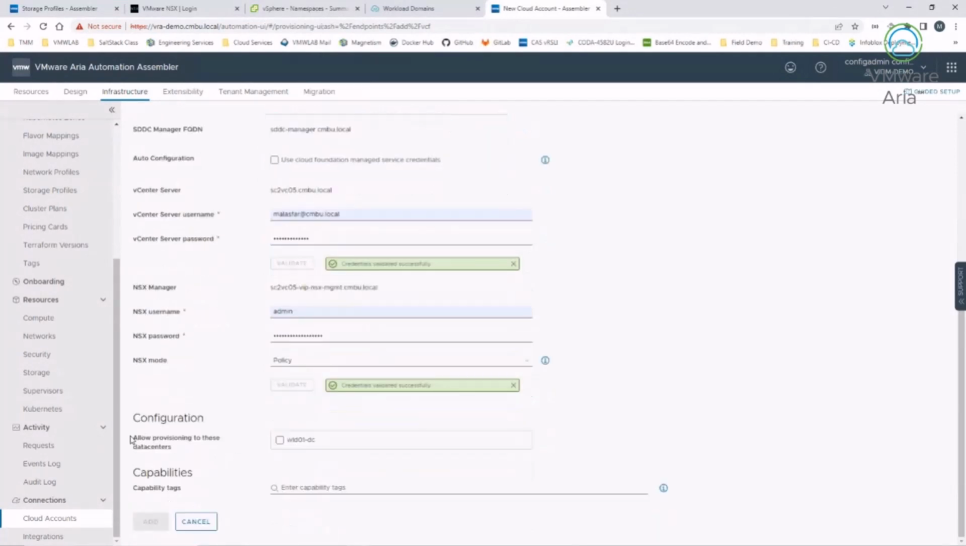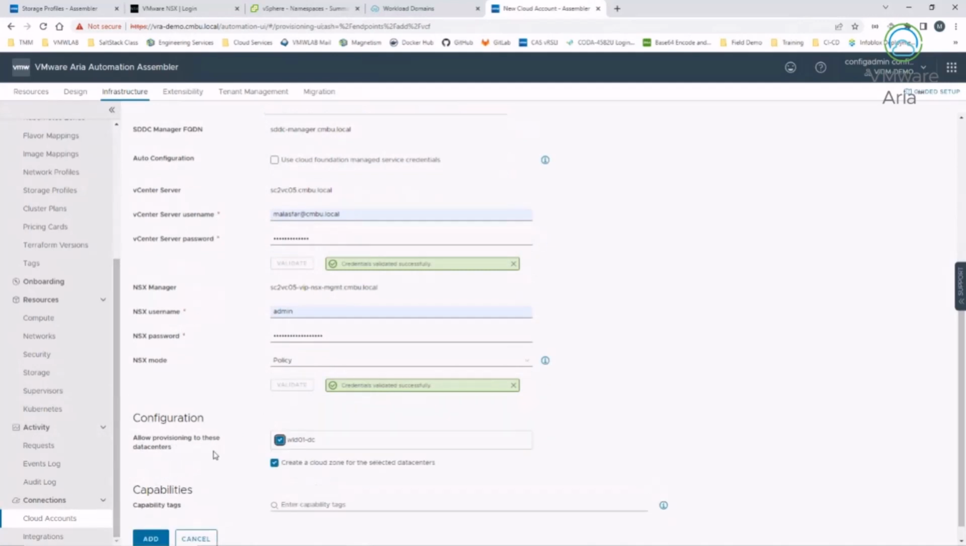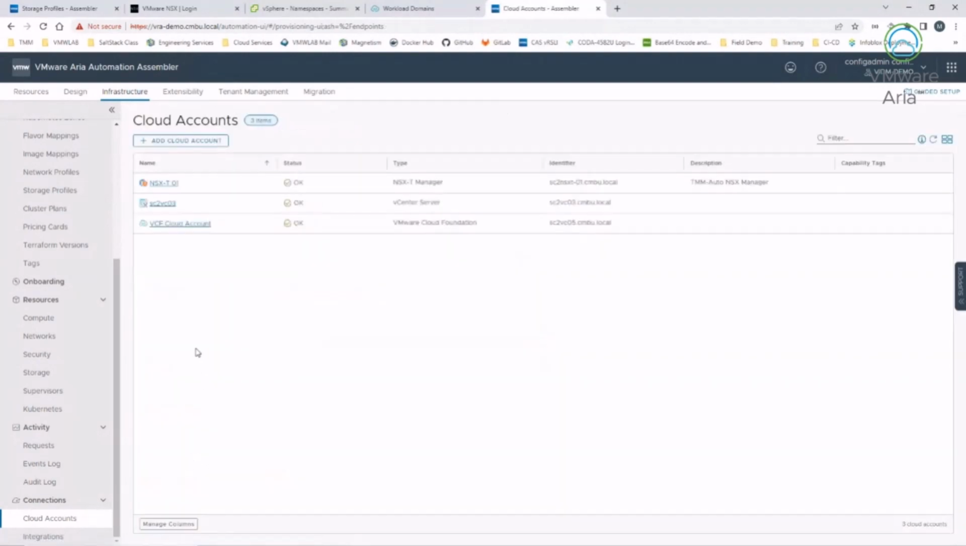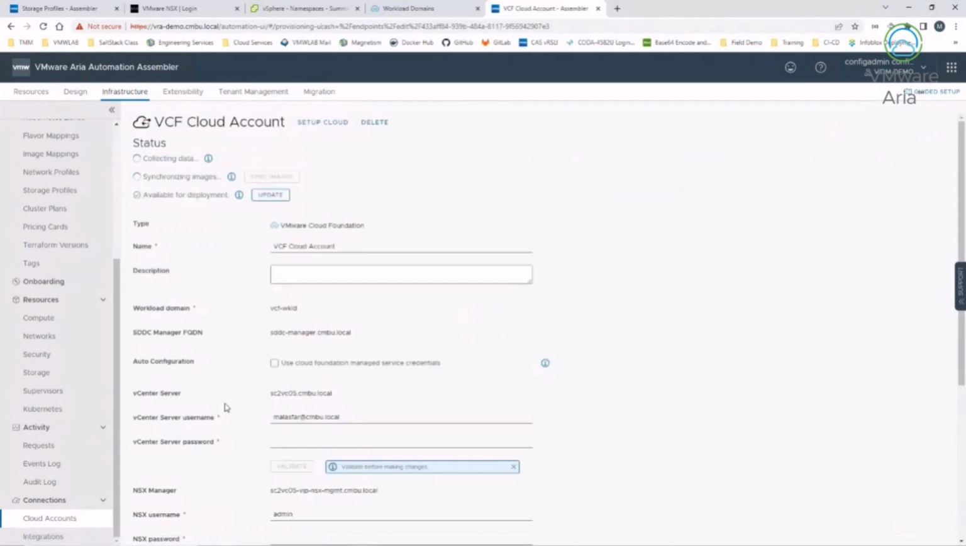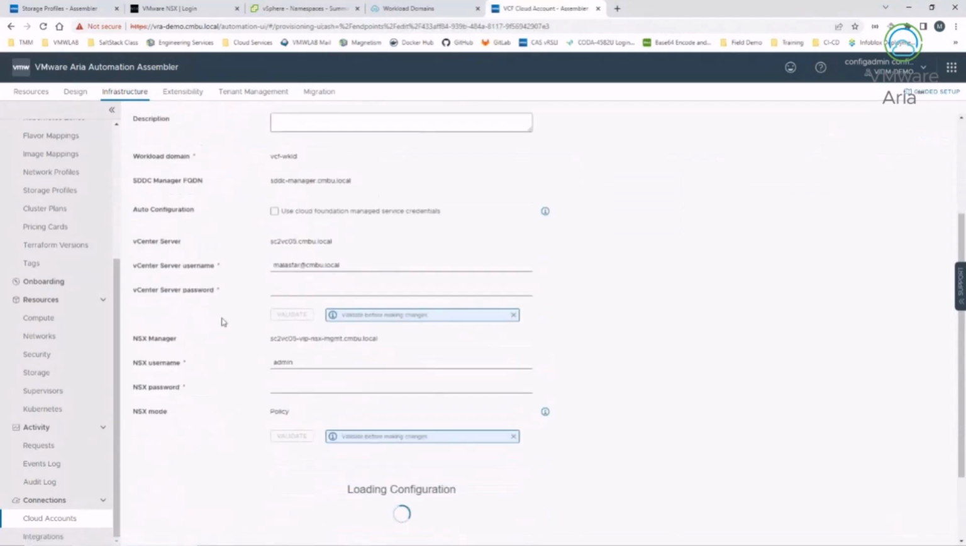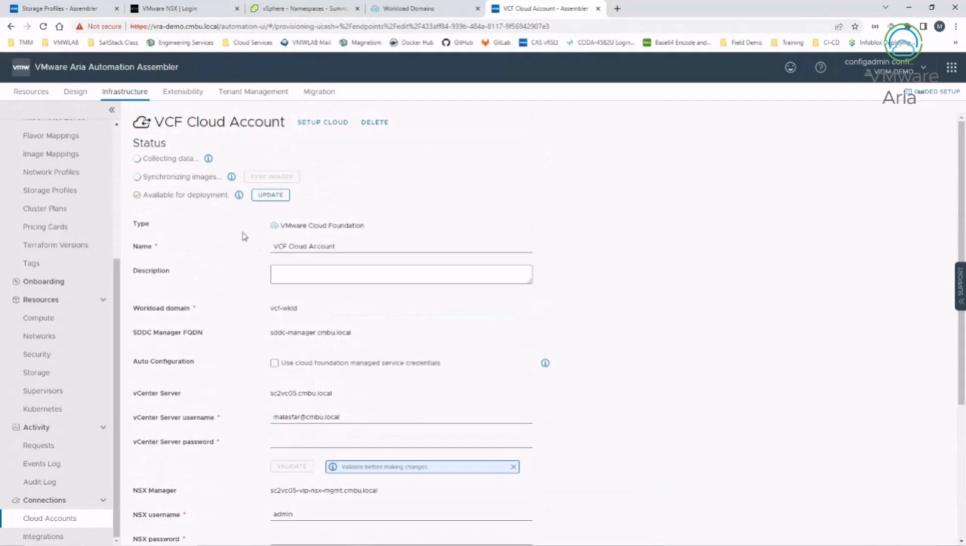And now I want to allow provisioning to this data center. I want to allow provisioning for the workload domain data center, and I want to create an automatic cloud zone for that. And I'm going to press Add. And this automatically creates two accounts for me, an NSX-T account and a VCF account. Or actually, both accounts are already configured within here automatically. Now, one extra, once the collection data is configured,